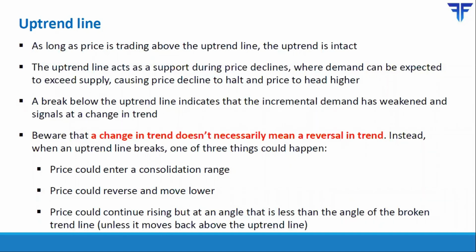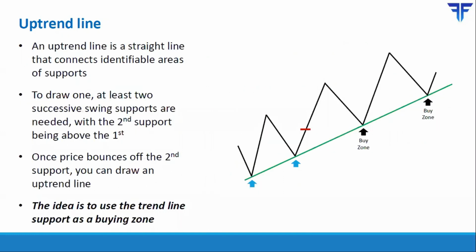Having said that, uptrend lines do not hold forever. At some point or the other, an uptrend line eventually breaks. Whenever an uptrend line breaks, it indicates that the angle at which the price of the security was rising has weakened. So what that means is, earlier, if you can see from this image, price was rising at the angle of this trend line. This is roughly 45 degrees. So price was rising at that angle.